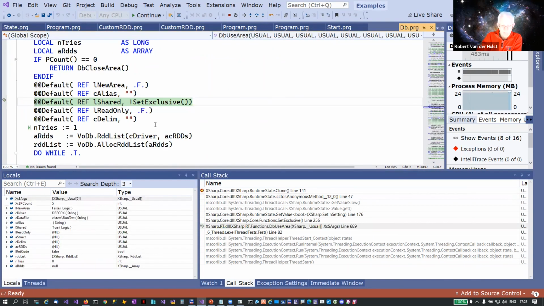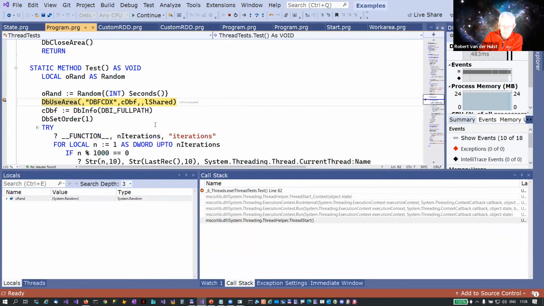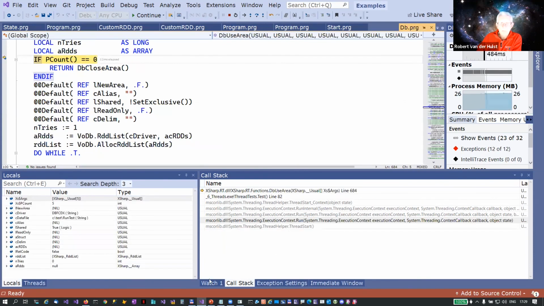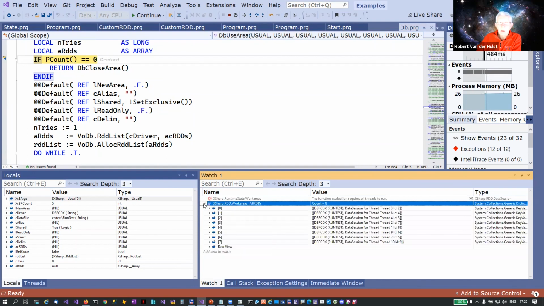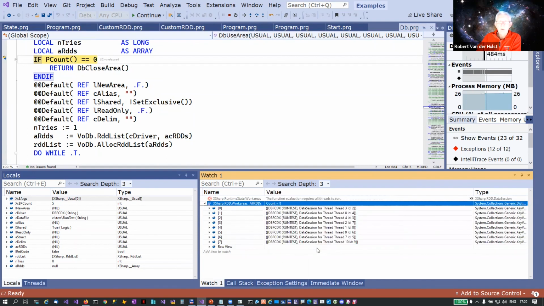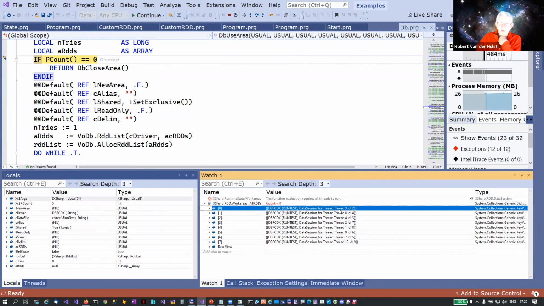debug use area. Now you see that there are not just 10 threads with 10 areas, but you can also see that there are different data sessions for each thread. So there's a data session with the tables for thread 3, 8, 4, 2. These are in random order. From looking at it, I think that thread 5 isn't even there yet, so it's not ready yet to open a table. But if we